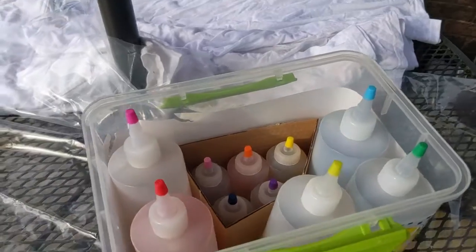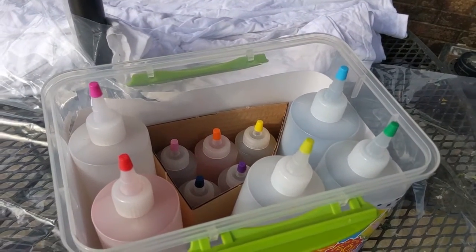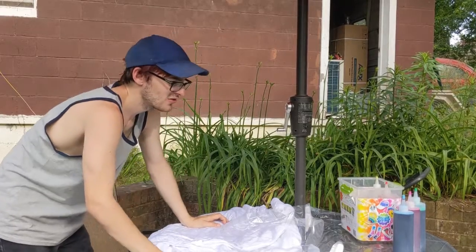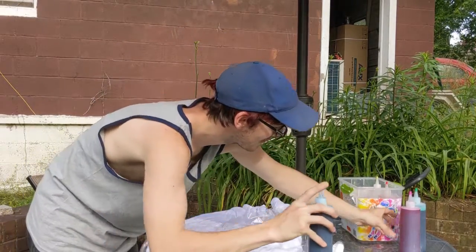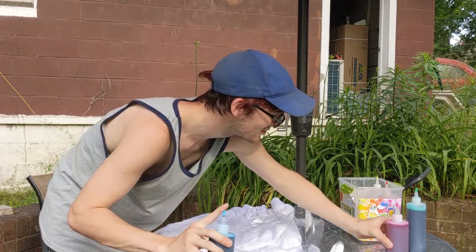Okay, so we're gonna go with a blue, green, and I don't know, let's go with a purple. Let's see what we can get into. Okay, so I pretty much wanted to show you guys this before I really mix them up hardcore. So about right there, you can tell, almost to the brim, maybe a little bit more, because you want it